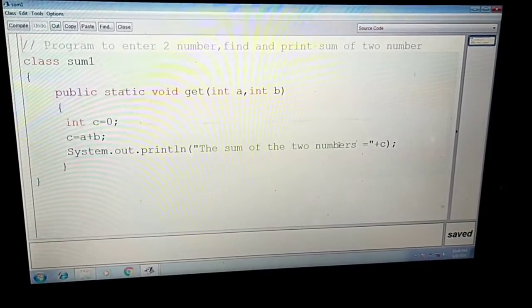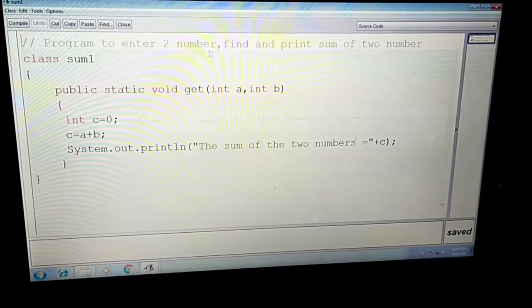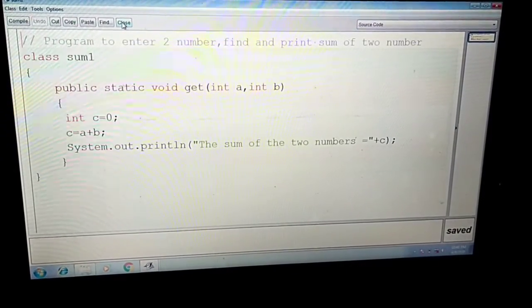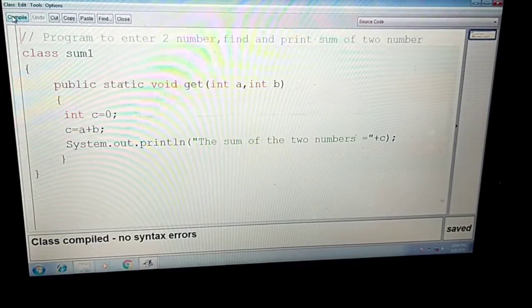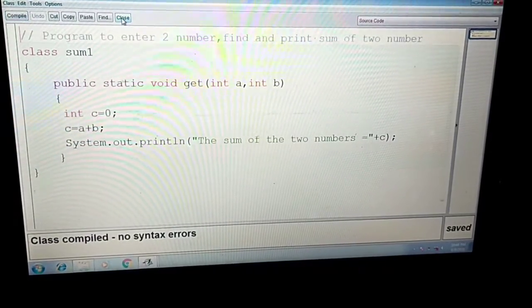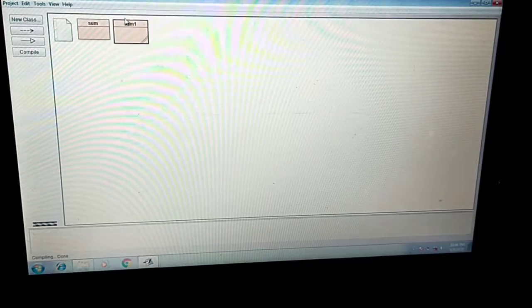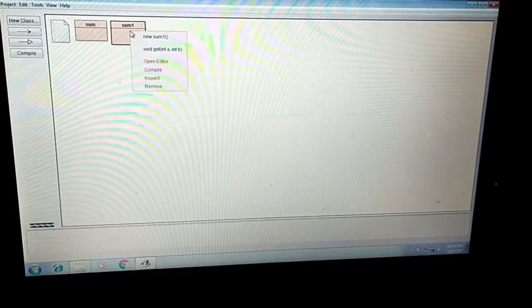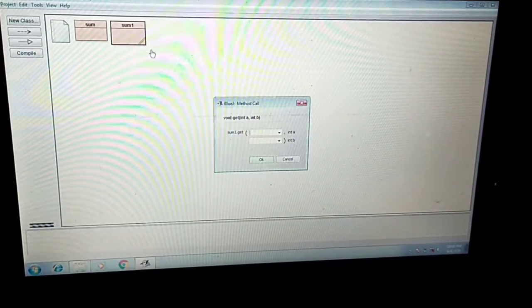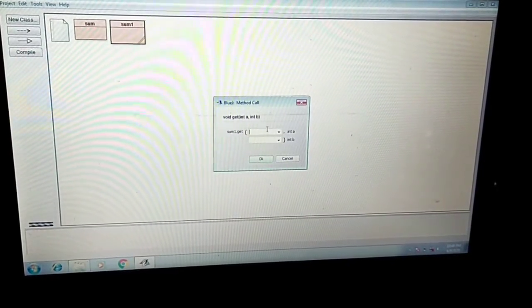Now we will see what the output is and how you are getting the output. Now I am going to compile this program. It is giving no syntax error. Then close this window, and then on this program I will right click, then void get. It is asking me two values.